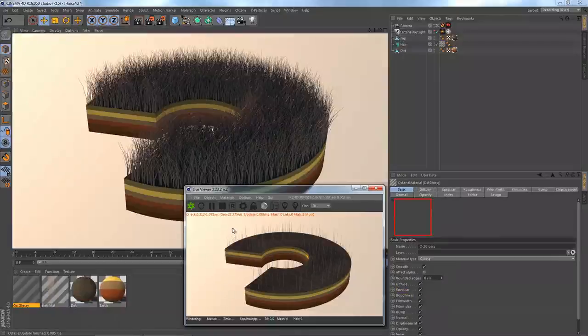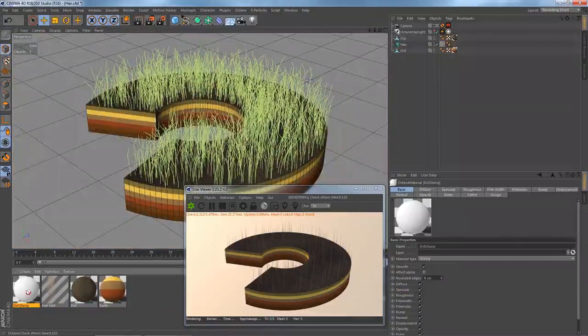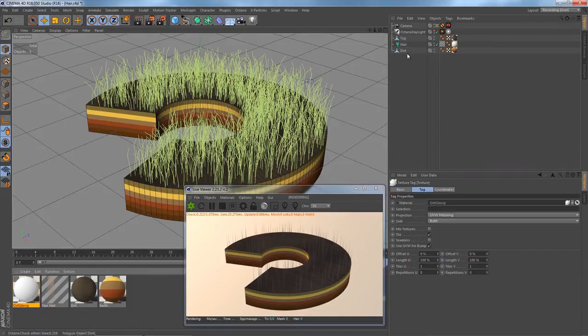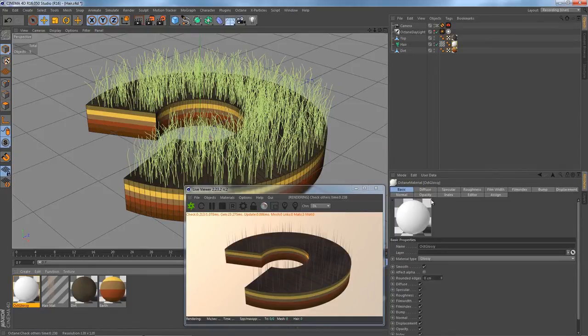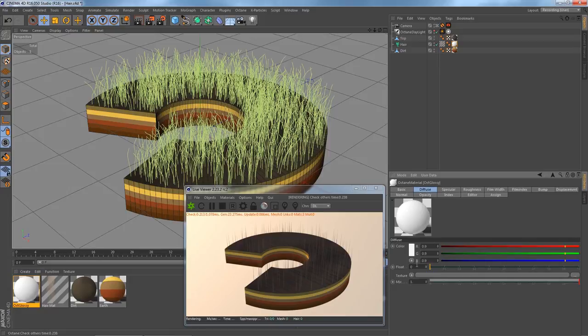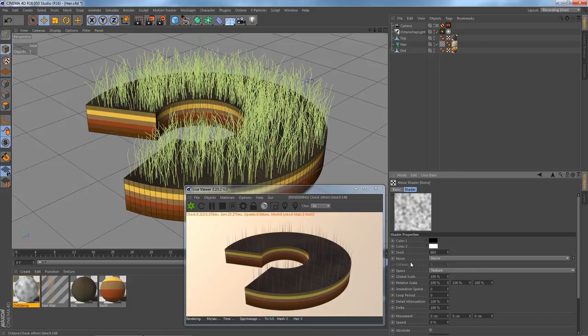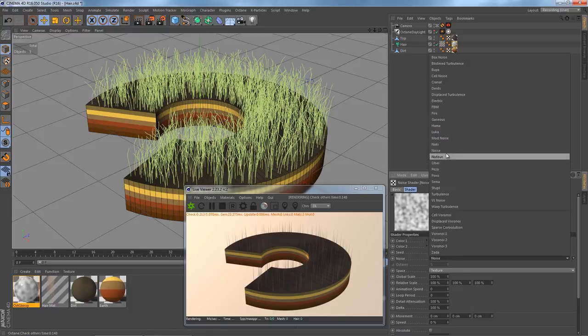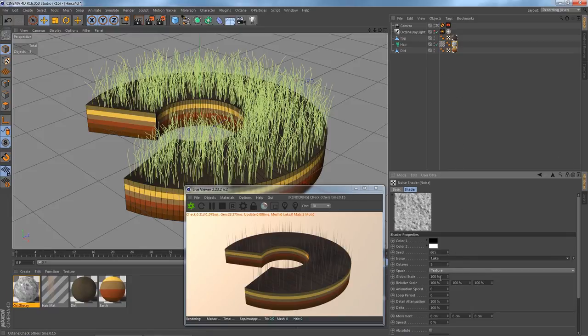Create a new glossy material. Drag it and assign it to the hair object. Select the glossy material and under the diffuse channel, select the texture parameter and assign a native noise shader. Let's open up the properties and change the type from noise to Looker. I'll increase the global scale to 250%,